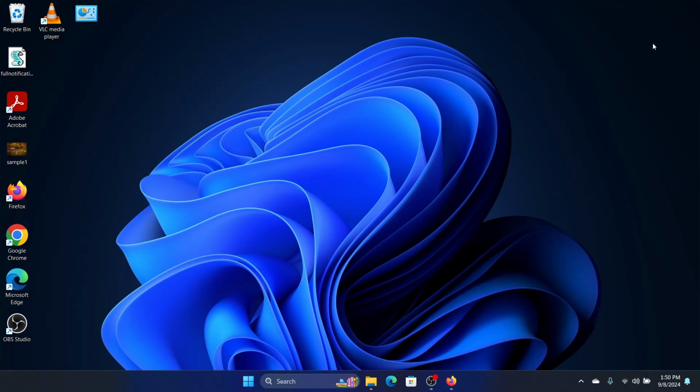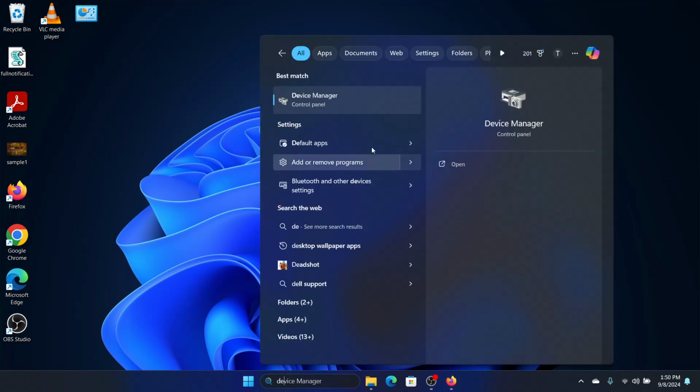So you need to either manually update the drivers for that peripheral, or you just don't use that peripheral. If you're using it, it's important to you, then manually update the drivers for that peripheral. For that, we need to go to device manager,